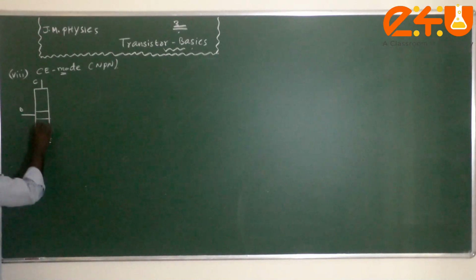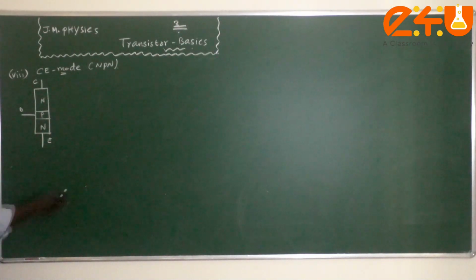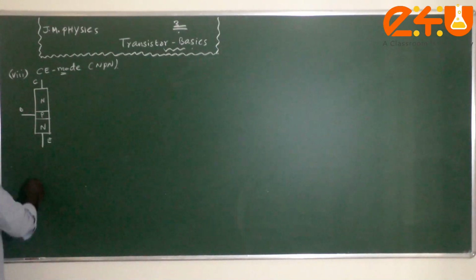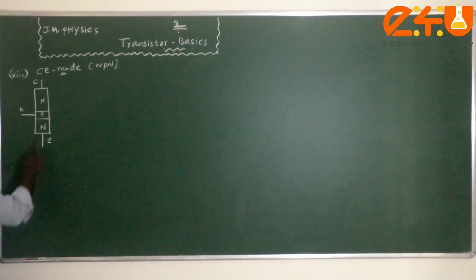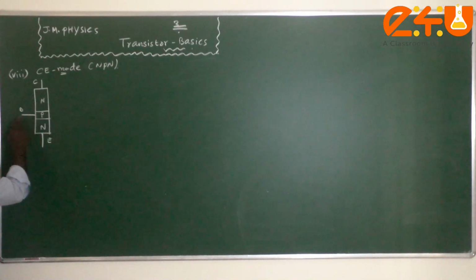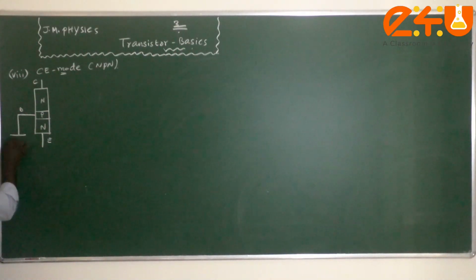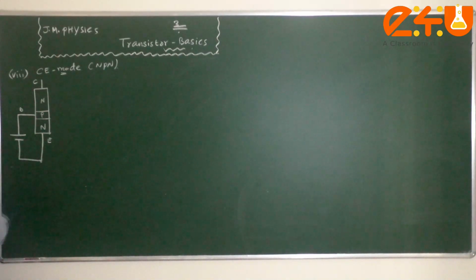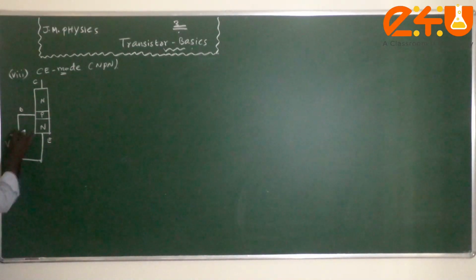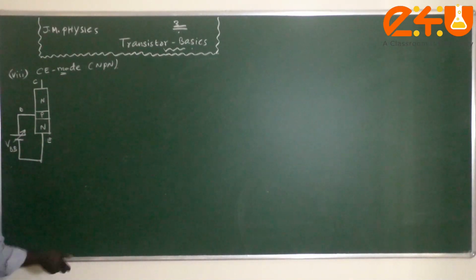Now please see that this is NPN. As we just said, for the proper functioning of a transistor, the emitter-base junction should be forward biased. Since the emitter is made of N type material, N should be connected to N and P should be connected to P, therefore I can connect this battery like this. Since the positive is connected to the base layer, this battery input is called a DC supply. These battery inputs are called VBB. If you want to vary it, you can draw an arrow, which means variable values. We can change the value if we want.